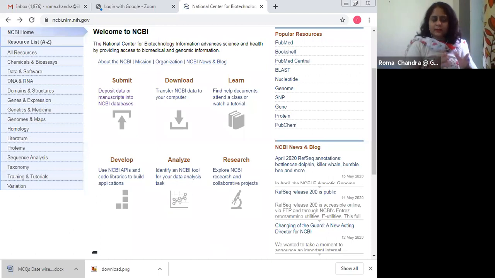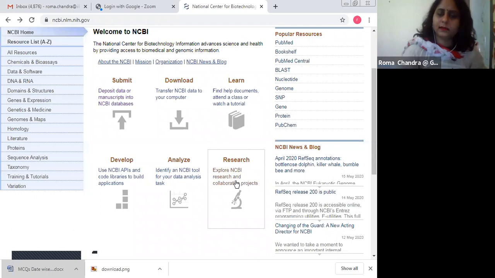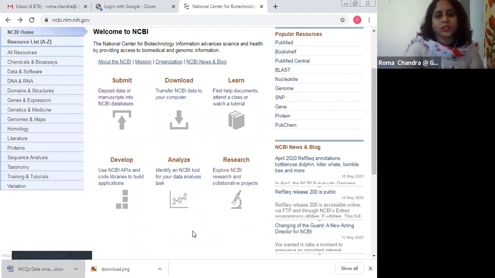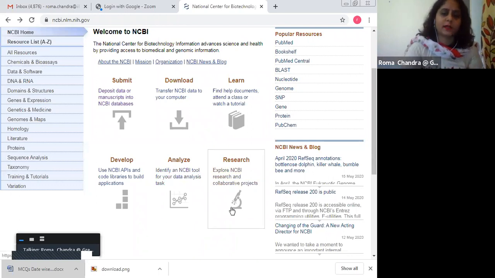Okay, if I want to go with the analyze of data, if I want to extract any sort of useful information from my data, there is this tab analyze, and I can use the NCBI tools, all the tools which are linked to this particular database. As soon as I click here, I'll be redirected to that. And this is the part where, if you want to go through what sort of research projects are there, you can deal with this particular tab.